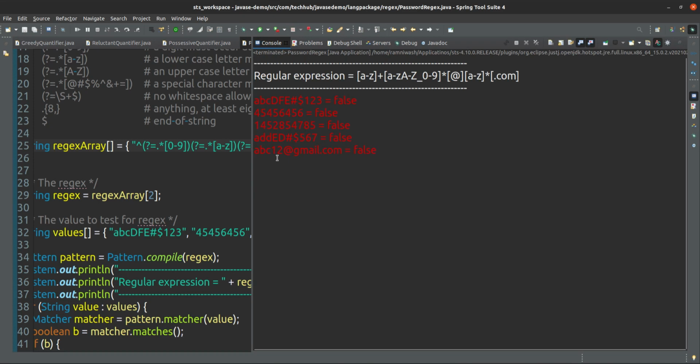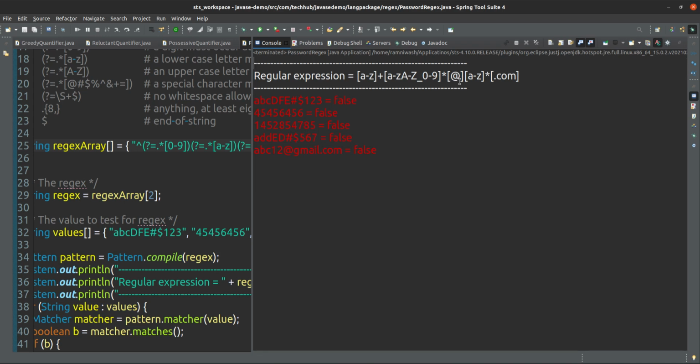Why? This can occur at least one time, a to z, or after that a to z, underscore, 0 to 9 is allowed, and that can come any number of times. After that, the at the rate should come. Yes, at the rate is there.